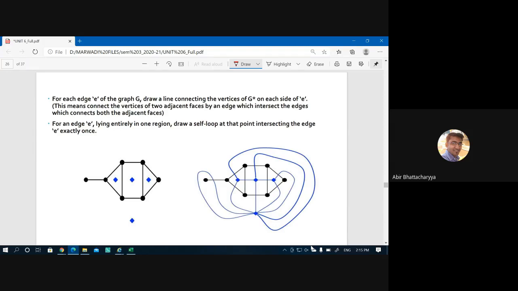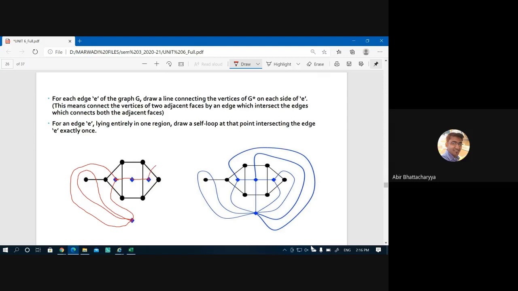So how can I connect them? Let's make this connection, and another connection, because edge crossing is important. Similarly, if I cross this edge, you have to go outside, so we can come here. If I cross this edge, we have to go outside, we can come here. Now this edge is remaining, so if I cross this edge, from this vertex only we can cross, and we have to go there. So this is called a self loop. A self loop arises if I have any pendant vertex. So a pendant vertex corresponds to a self loop in the dual.